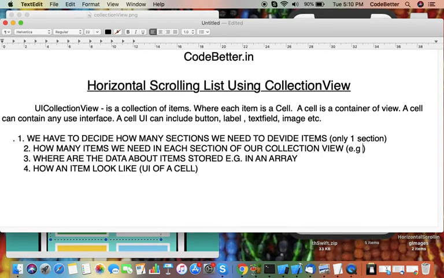For example, 10 items. So let's create a collection view in which we create only one section. In that section we display 10 items, we store the names of images in an array, and we display images on a cell, and the cell contains an image view. First of all we will design the main screen of the application. Okay, so let us start.